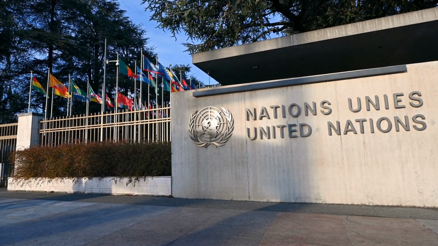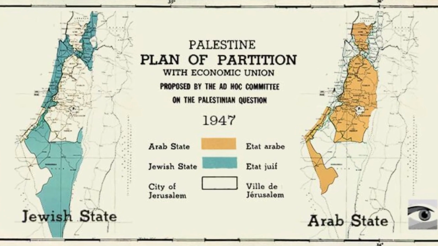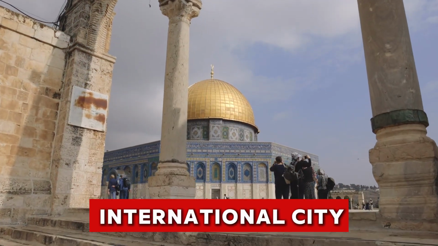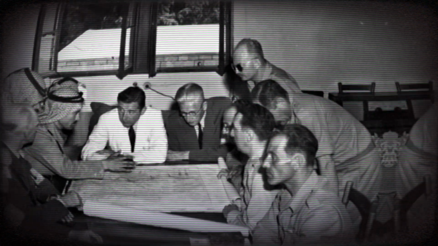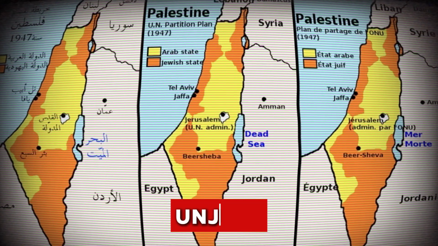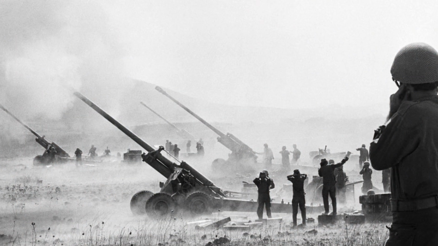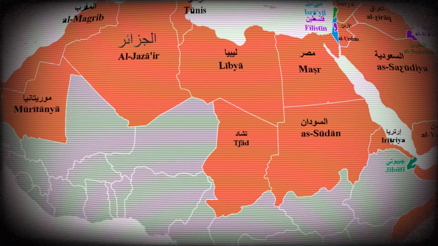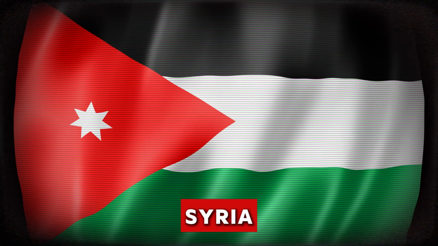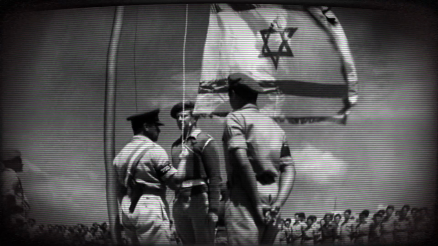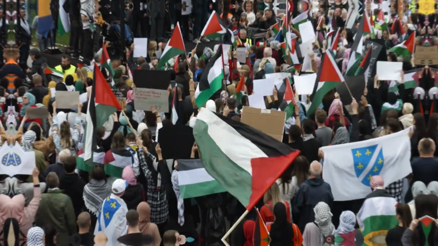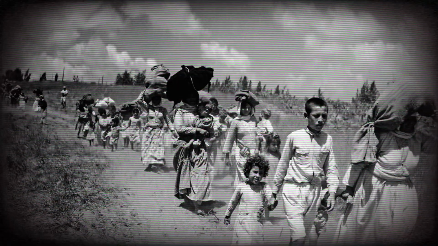land. In 1947, the United Nations proposed partitioning Palestine into separate Jewish and Arab states, with Jerusalem as an international city. Jewish leaders accepted the plan, but Arab leaders rejected it, viewing it as unjust. On May 14, 1948, the State of Israel was declared, leading to the First Arab-Israeli War. Neighboring Arab countries, including Egypt, Jordan, Syria, and Iraq, invaded Israel, but Israel emerged victorious, expanding its territory beyond the UN partition plan. Hundreds of thousands of Palestinians were displaced, a tragedy remembered as the Nakba, or catastrophe, by